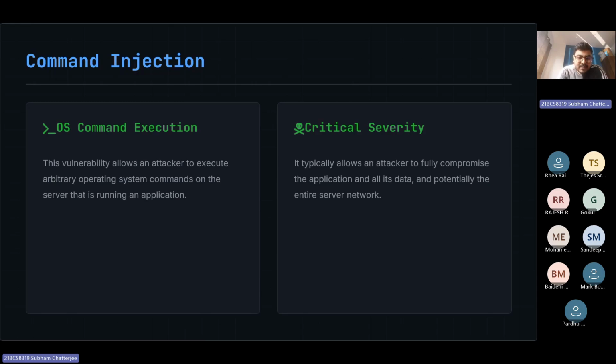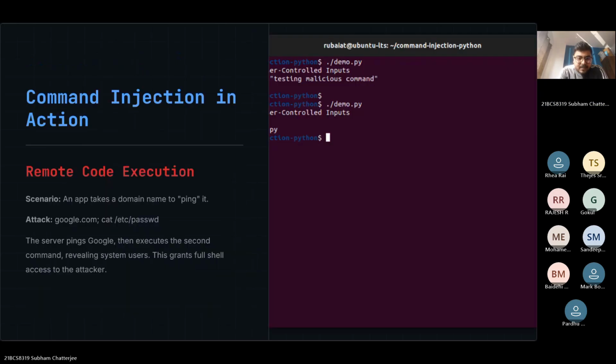Now coming to command injection, I already explained this in the previous class. Basically, trying to put some commands in the OS, or maybe some shell files impacting the operating system, or some in-between cases. And then the criticality is definitely very high, like high to even exceptional. Then there might be some cases for command injection. You can see remote code execution, like trying to ping, then reading the etc passwd file, which I already showed you